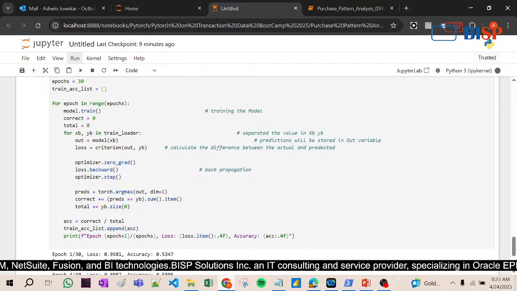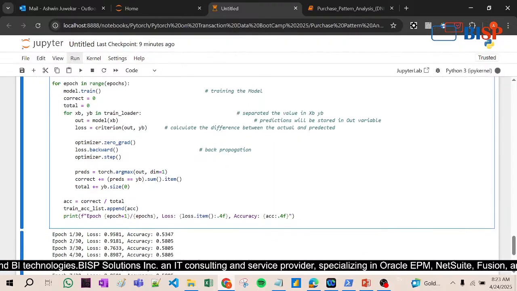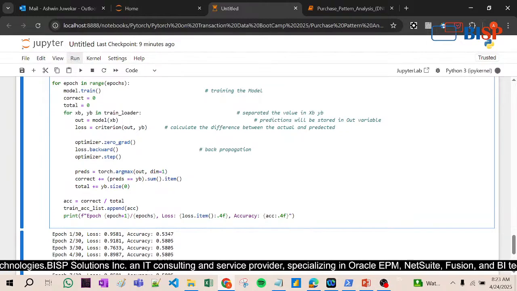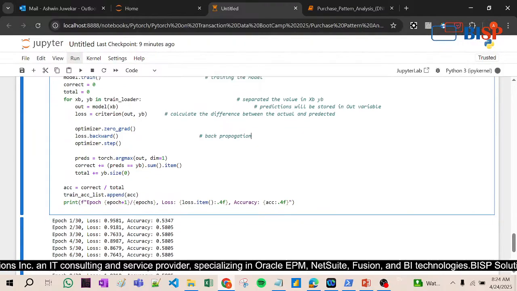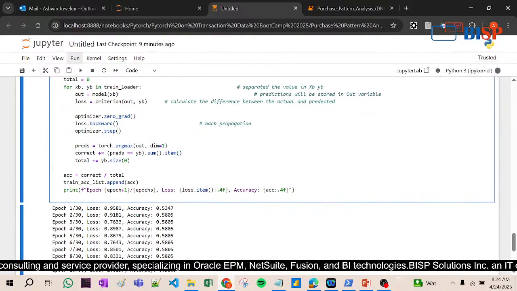Then whatever the outcome, look at this, the prediction will be stored in the out variable. Then calculate the difference between the actual and predicted. After that, optimization zero grad and loss backward, that means back propagation, and again it will run from the beginning. Then predictions are done here. This is all the technical part, and after that accuracy is calculated.